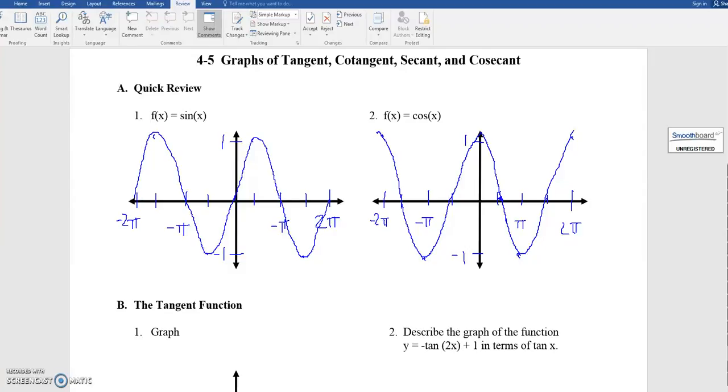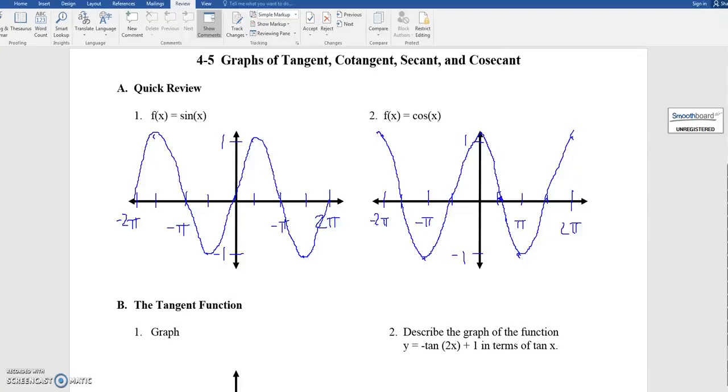In this lesson, we're going to be looking at the graphs of 4 different functions. All of them are a little weird. I'm just going to tell you up front, we don't use the graphs of these that much. I think it's useful for you to look over them for a little bit, but do know that it's most important simply to know the graphs of sine and cosine, which, coincidentally, I've just put on the screen